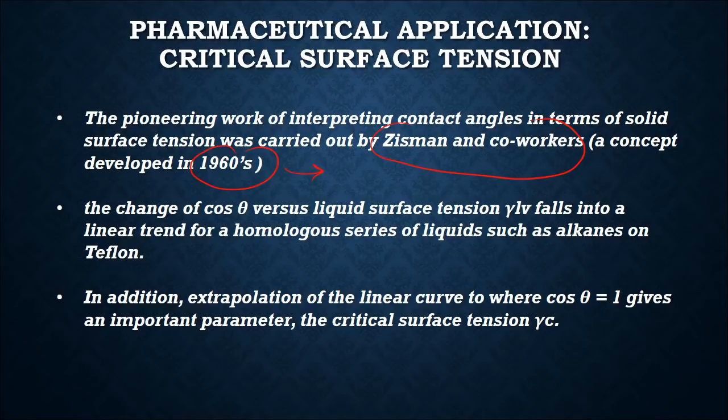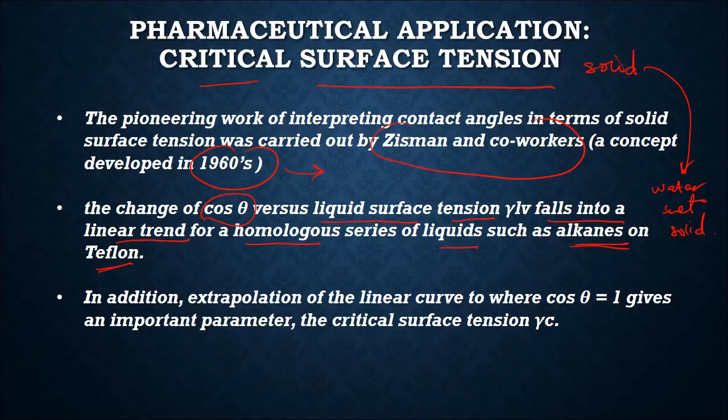However, in pharmaceutics we are concerned about the critical surface tension of a solid. It is a function, or an estimation, of how well water can wet your solid dosage form. This is what we are really interested in. In critical surface tension, the change of cos theta versus liquid surface tension falls into a linear trend for a homologous series of liquids, such as alkanes on Teflon. The extrapolation of the linear curve to where cos theta equals 1, which means theta equals 0, gives an important parameter called